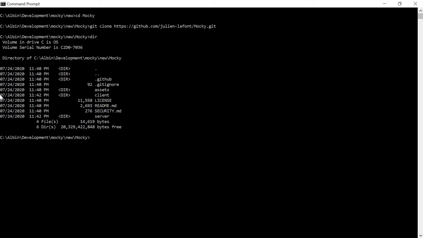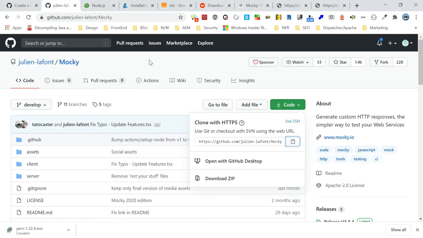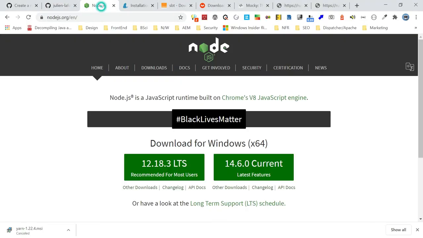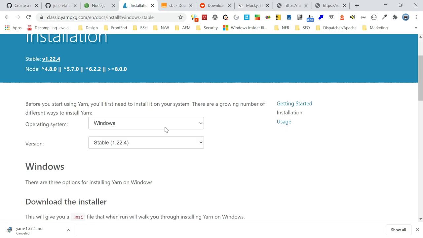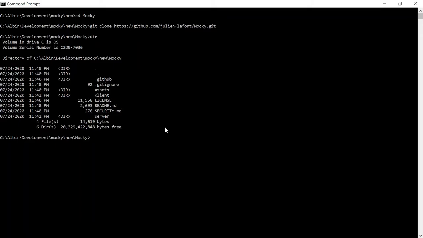Also as a prerequisite, we should install Node.js and Yarn on your system. You can download Node.js from here, whichever latest version you want, and Yarn from here, based on the operating system. In my case, I have Node already installed. This is the version.